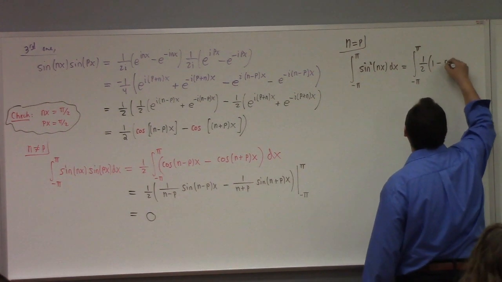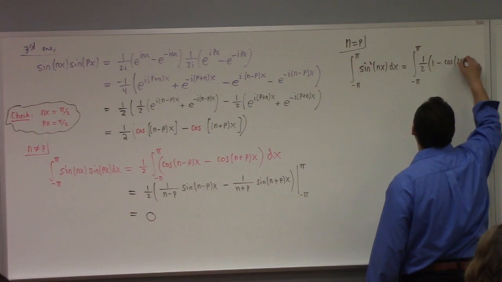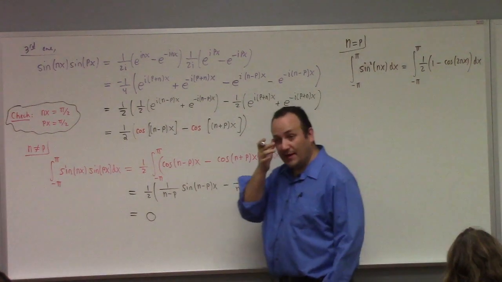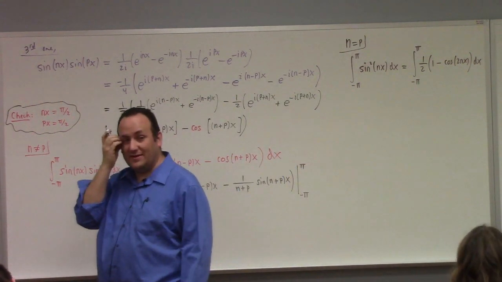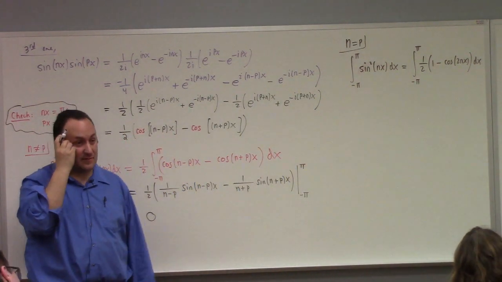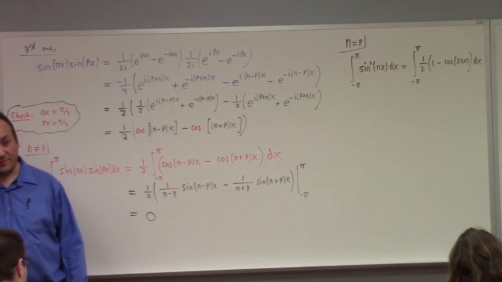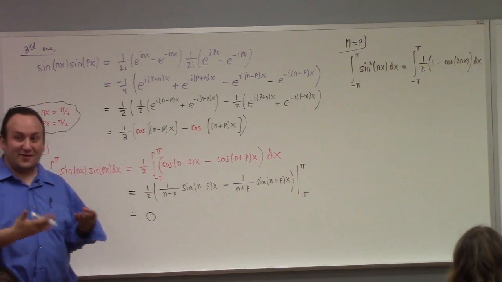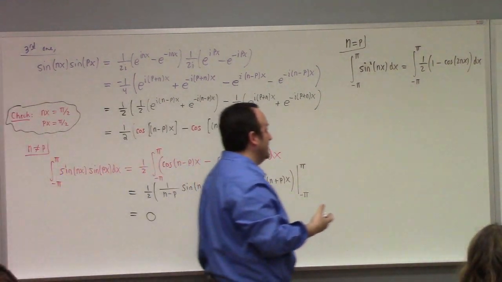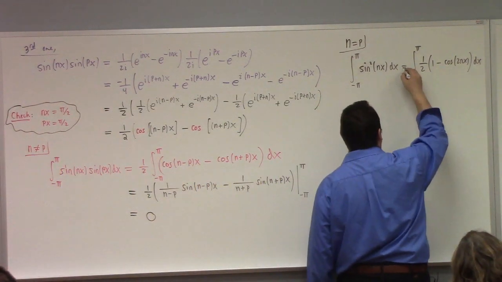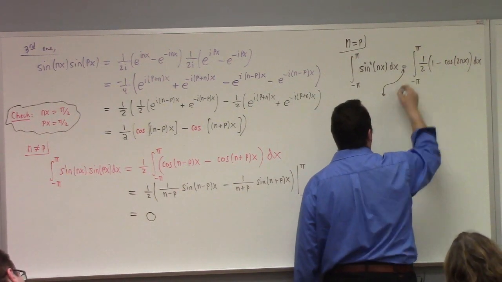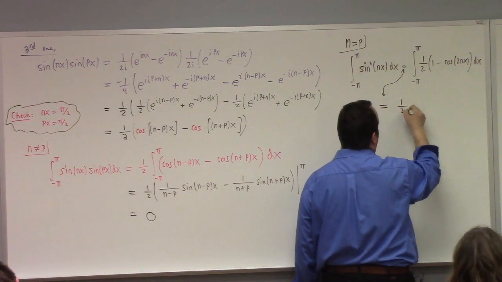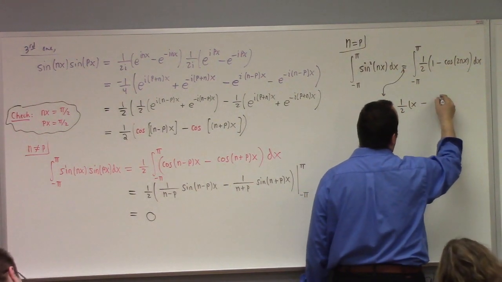1/2 (1 minus cosine of 2nx). So this trig identity, you better not need to derive. You better know this one, because if I ask you the integral of sine squared, you should know how to integrate it. I mean, shame on me if that's not on the final. Shame on me. And then that would be 1/2 x minus